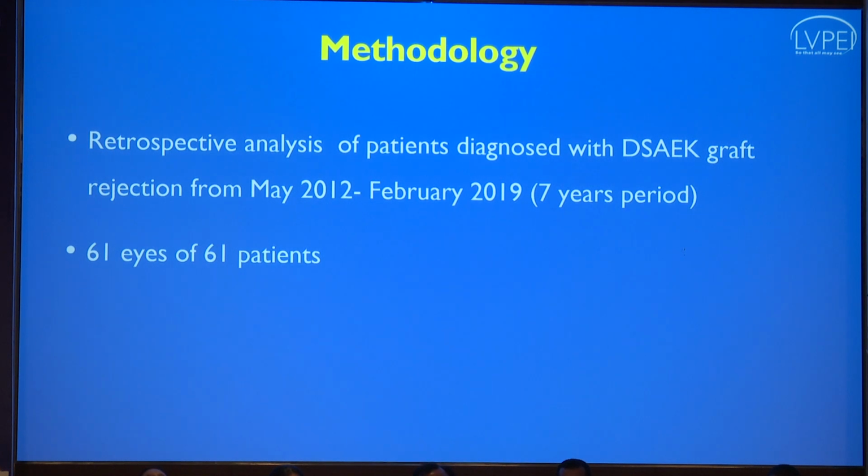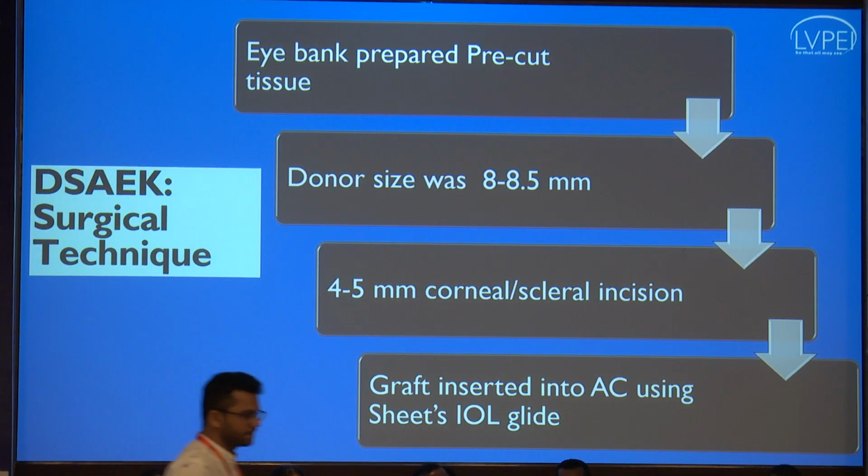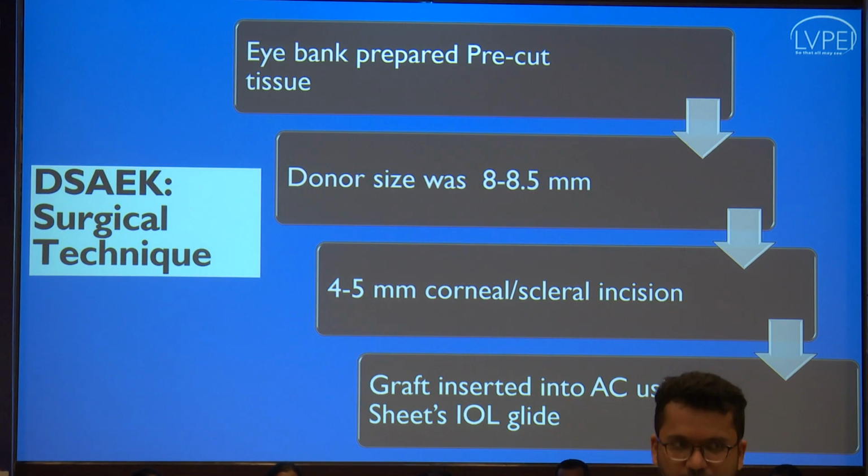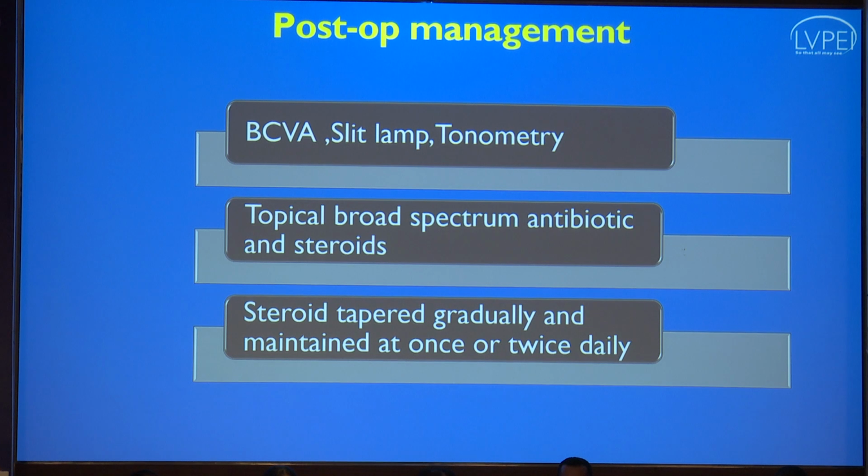61 eyes of 61 patients were included, among which 6 patients were lost to follow-up after the first episode of graft rejection, hence they were excluded. In the standard DSAEK surgical technique, pre-cut tissue was used with a donor size of about 8 to 8.5 millimeters, and the DSAEK lenticule was inserted into the anterior chamber using a Sheets glide. Postoperative management included topical broad-spectrum antibiotic and steroids after surgery, which were tapered gradually and maintained at once or twice